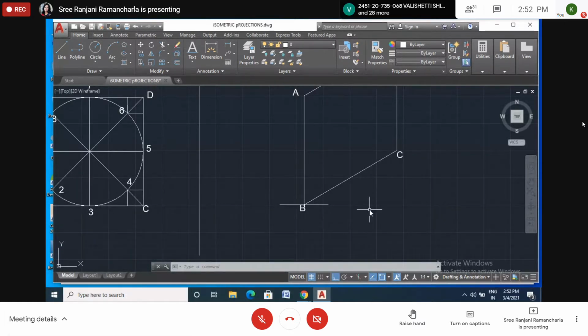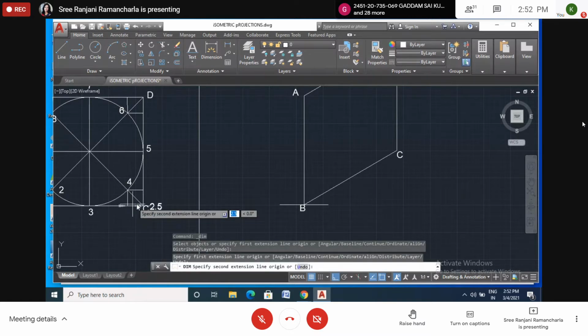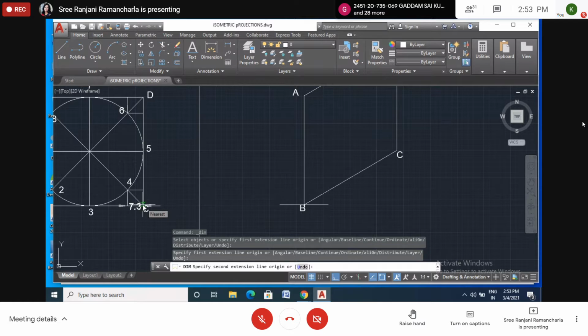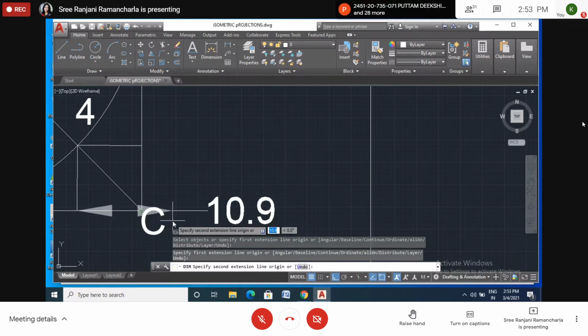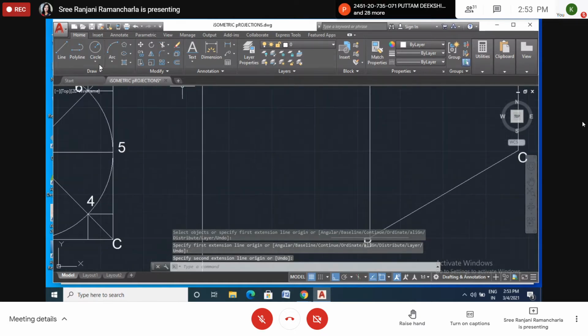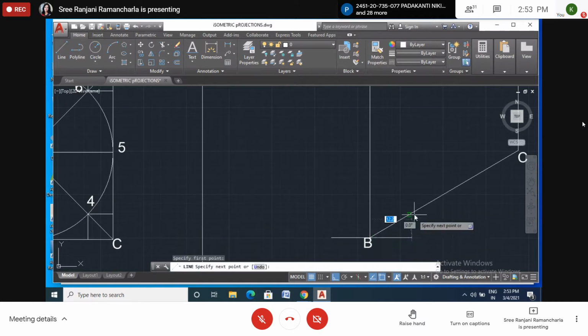So for this one, here I can't copy this line, so I will measure this one. How much is this? 7.3. 7.4. Right? Escape. 7.4. So line command, at the rate 7.4 less than 30 degrees. Okay. So one line we got here. We got one line.